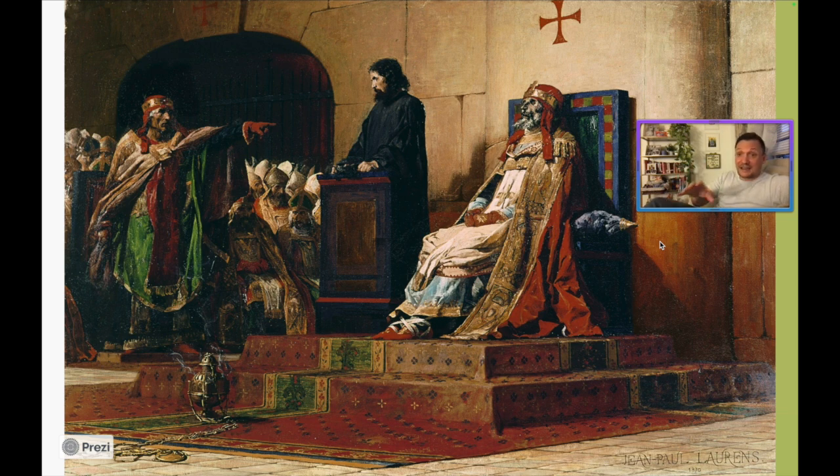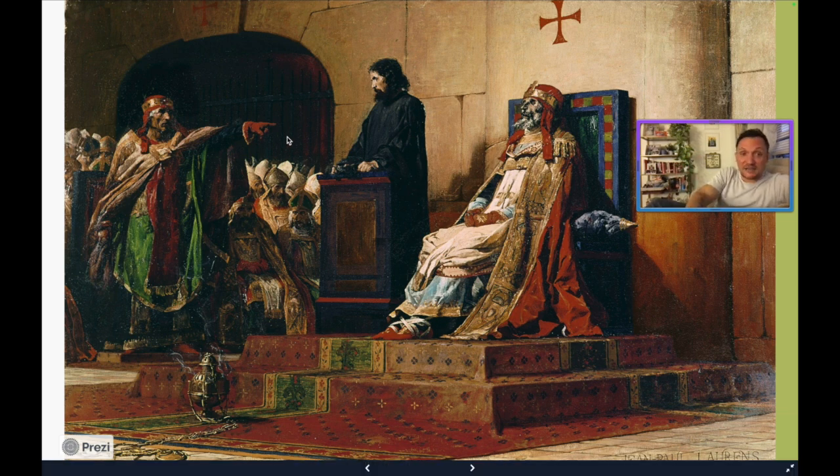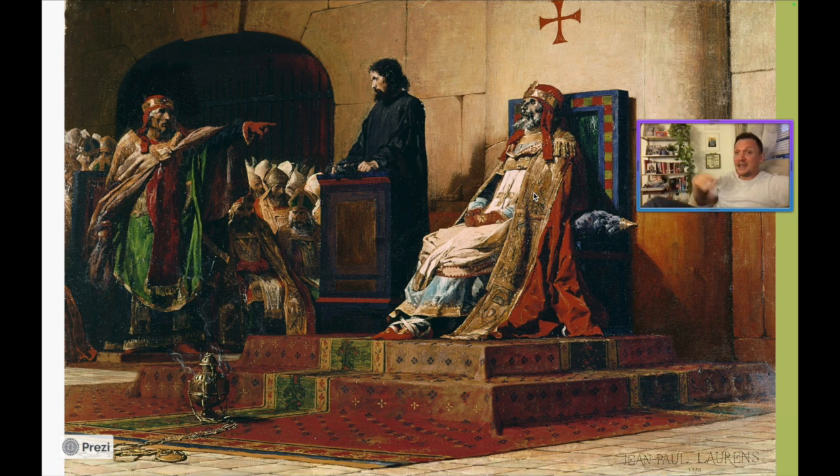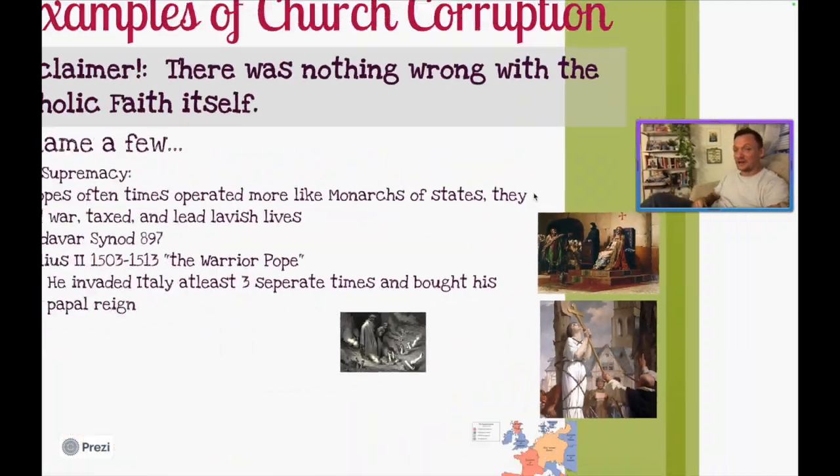And also, fun fact, at this trial, some of you are probably like, well, how do you question a dead body? Well, fun fact, Stephen would actually accuse the dead body of Pope Formosus of a lot of stuff, and they actually paid a young deacon, who was basically like a boy, to stand behind the dead body and go, I'm sorry for what I've done, and basically play like puppet with it the entire time, which is super weird.